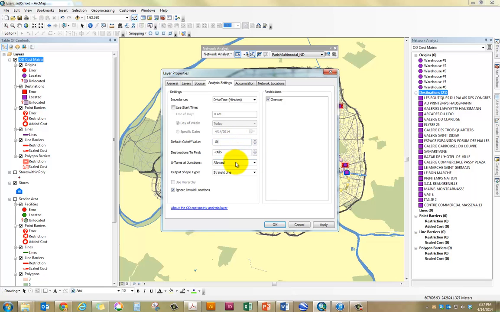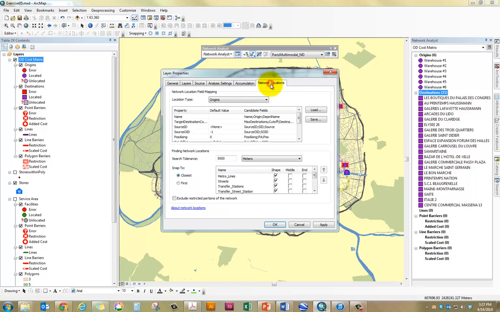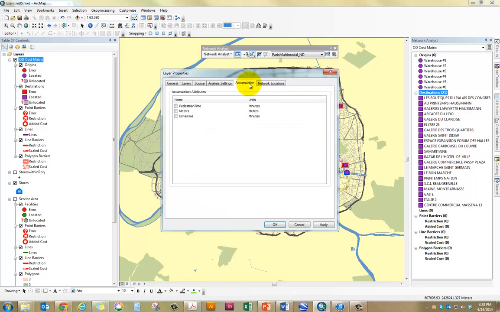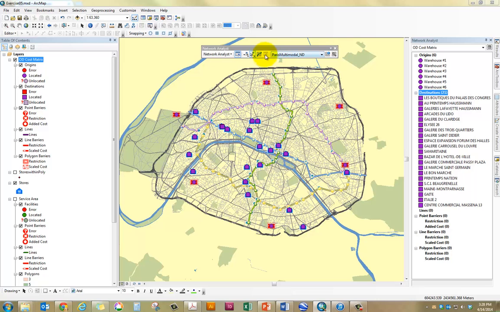U-turns, click on allowed for now. Now the output shape has to be set to straight line here. Also, for the network locations and accumulation, if you want any other attributes, you can turn on things like drive time or meters and so on and so forth. But let's go ahead and ignore that, apply, OK, and I'm going to click on